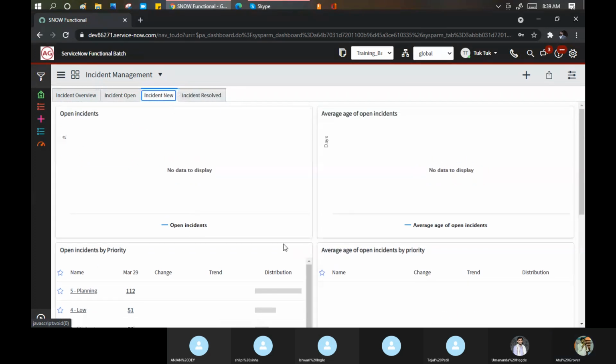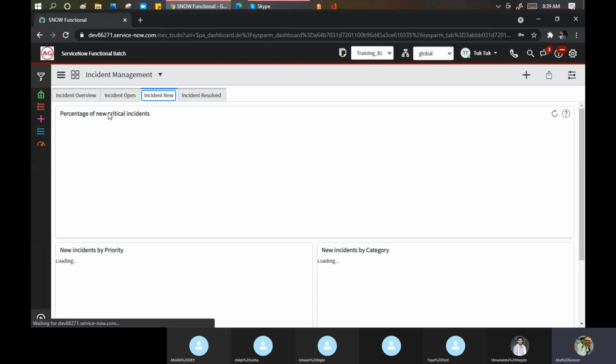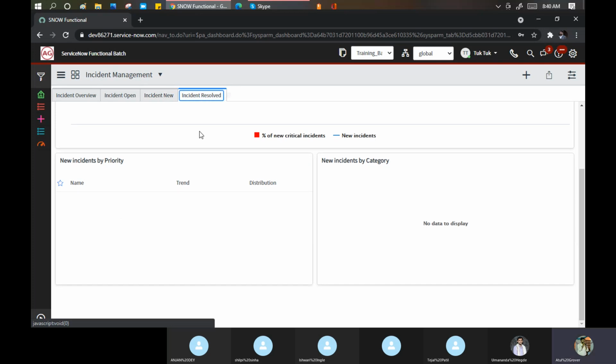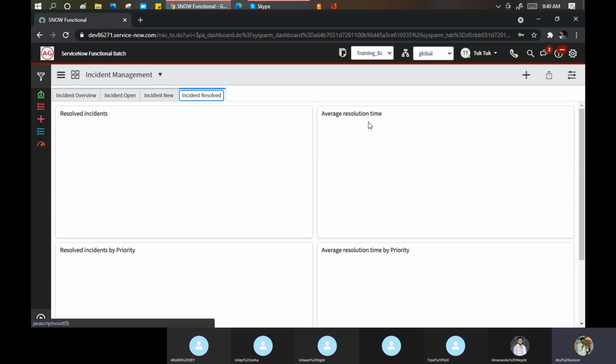Incident new, percentage of new critical incidents, this can be coming from PA, Performance Analytics. By priority, by category, resolved incidents, average resolution time, incident priority, all these things. So in short, you can create one dashboard and create multiple tabs in that dashboard. In a single tab, you can have multiple reports in one place.